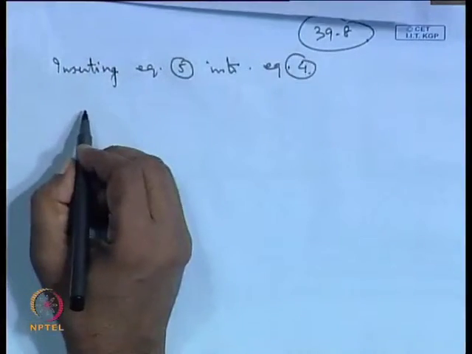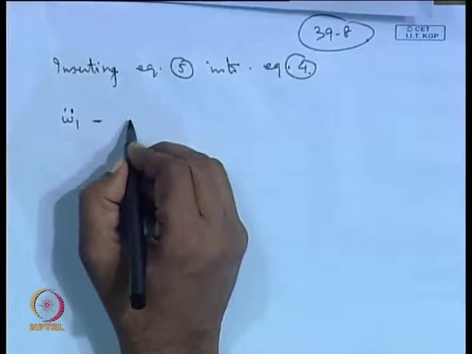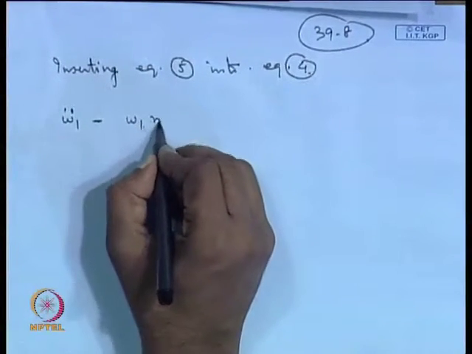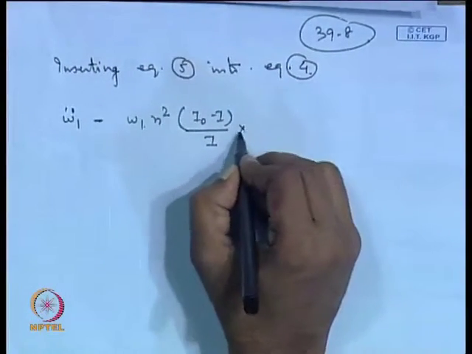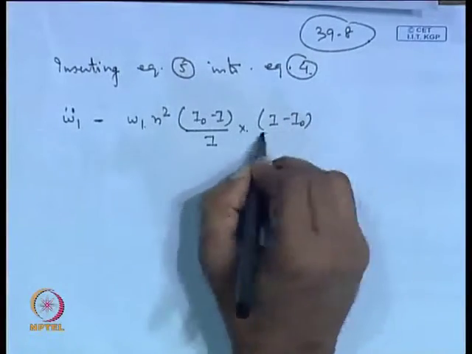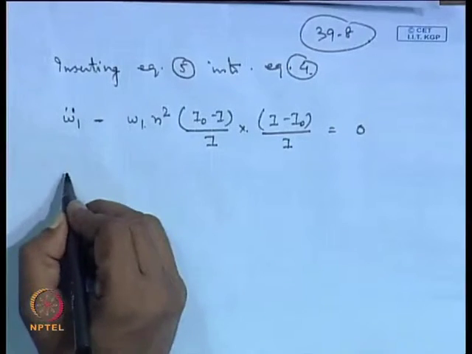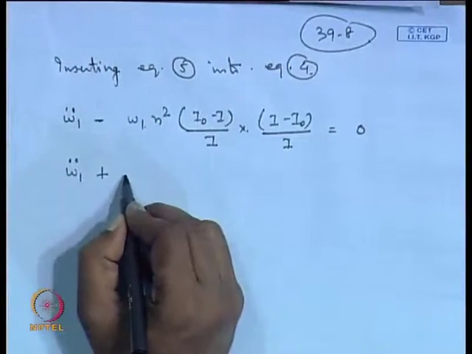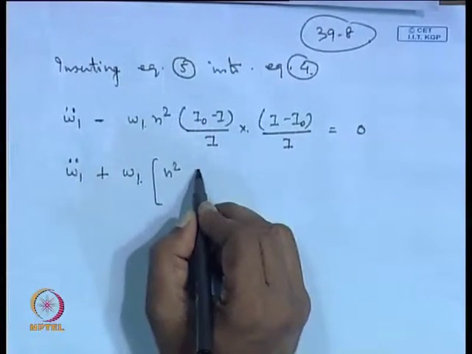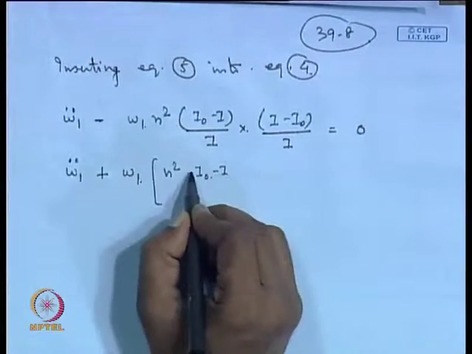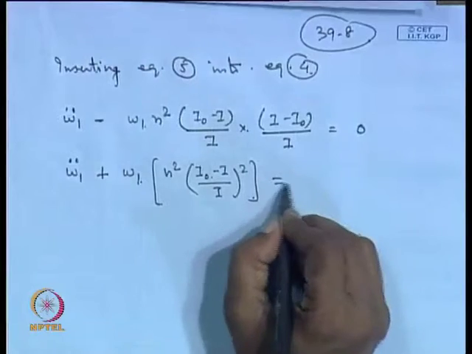Equation 4, this gives us omega 1 double dot minus omega 1 times n square (I 0 minus I) divided by I times (I minus I 0) divided by I equal to 0, which can be rearranged to give omega 1 double dot plus omega 1 times n square times ((I 0 minus I) divided by I) square equal to 0, and